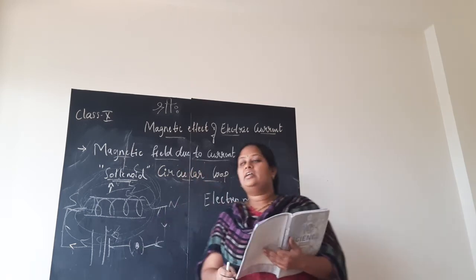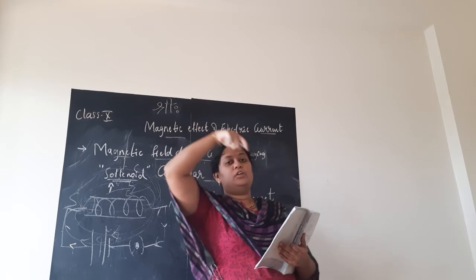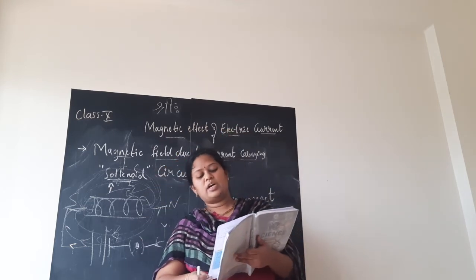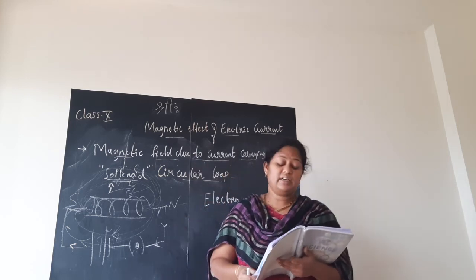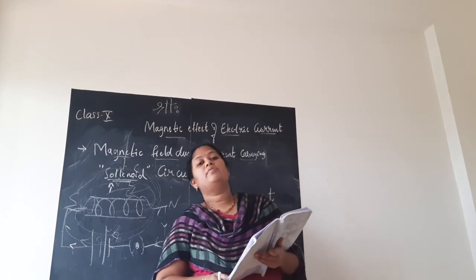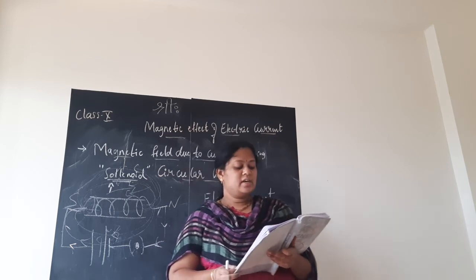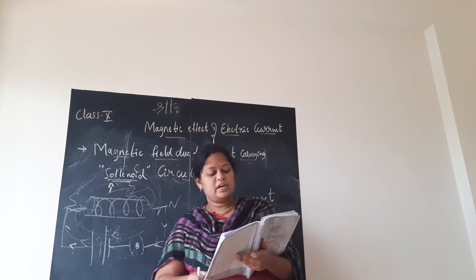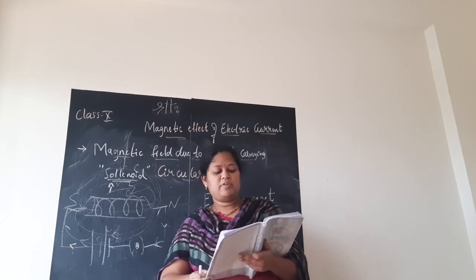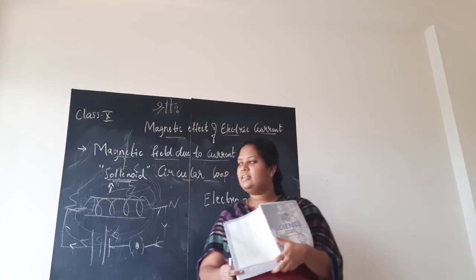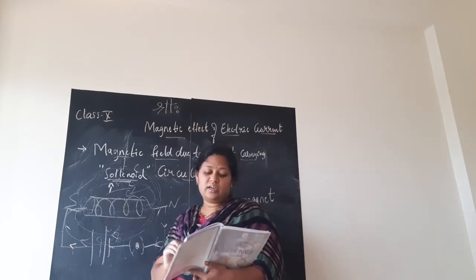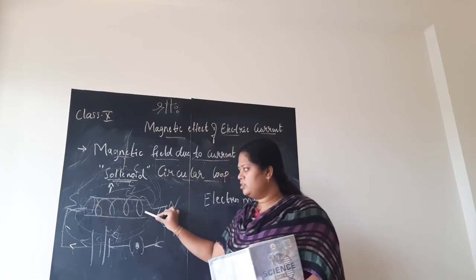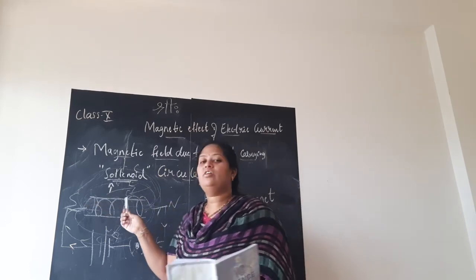Next you have activity 13.6, which I explained by making two holes in the cardboard. That activity you can read for yourself. Next you have magnetic field due to a current through a solenoid. This is the most repeatedly asked question, children. In the first line itself you have the definition of a solenoid. Please mark it. A coil of many circular turns of insulated copper wire wrapped closely in the shape of a cylinder is called a solenoid. A coil of many circular turns which are placed compactly, close to each other.